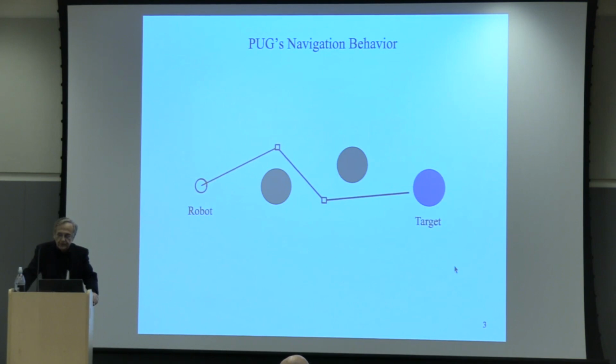So the old Pug, if you gave it a robot in a 2D environment trying to get to that target object, could only do one thing at a time. It could turn, it could move forward. You had to tell it what the waypoints were, and then it'd have to turn and move forward again and so on. This is not how people maneuver.